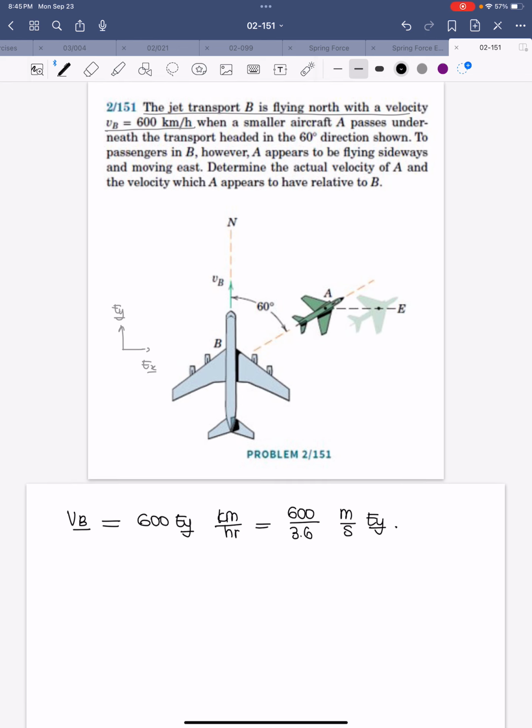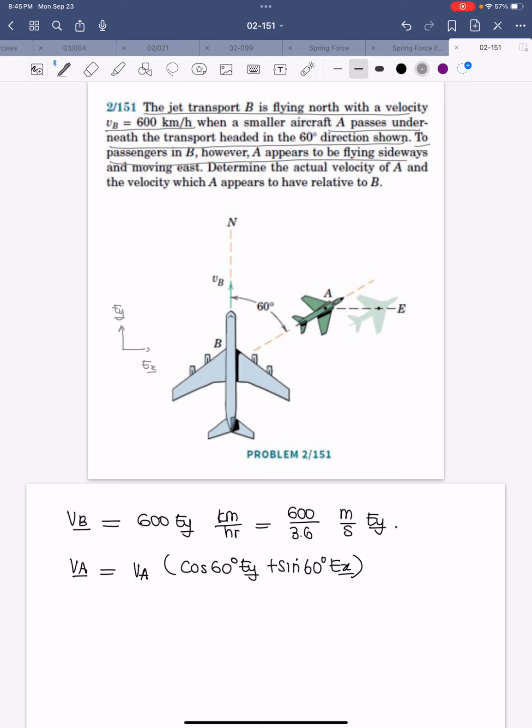When a smaller aircraft A passes underneath the transport headed in the 60 degrees direction shown. Okay, so VA, we have its direction. It's some magnitude along cosine 60 degrees EY plus sine 60 degrees EX. Okay. To passengers in B,